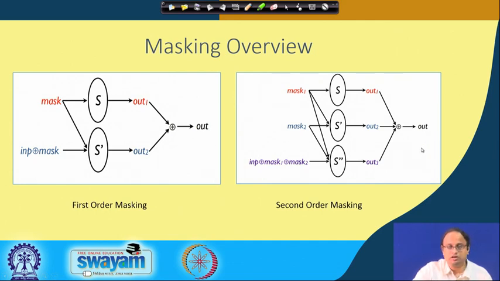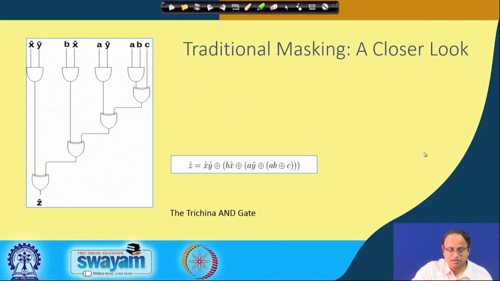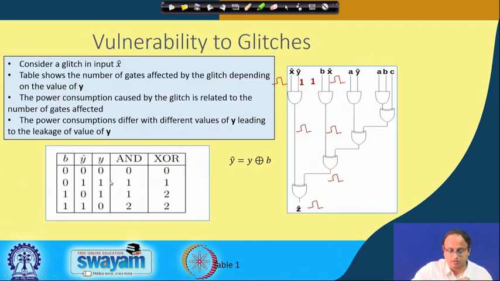because as we have seen, although theoretically this is secured against first order attacks, it is not secured in the presence of glitches. So again, let us take a closer look at this by considering just the traditional masking of the AND gate, which is the Trichina AND gate. Again, you can observe that here there is a leakage. So this is your traditional masking, as we have already seen. But in the presence of glitches, this is still vulnerable against attacks, as we have again seen, but let us try to redo it on the classical Trichina's gate.